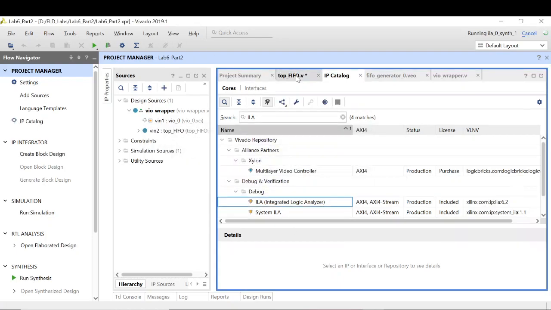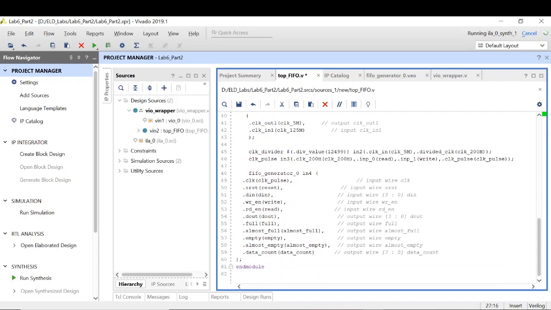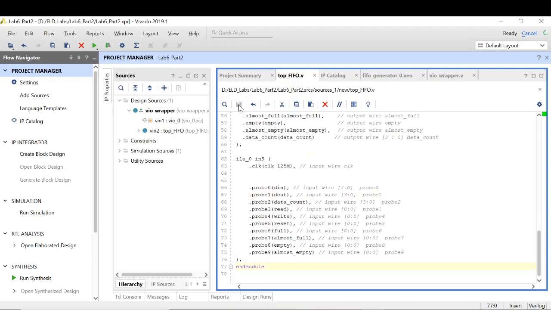All right, next we need to instantiate the ILA IP in the top underscore FIFO module. So let's do that. We have instantiated this ILA IP and connected the clock to the 125 megahertz clock. This is the refreshing clock of the ILA IP.